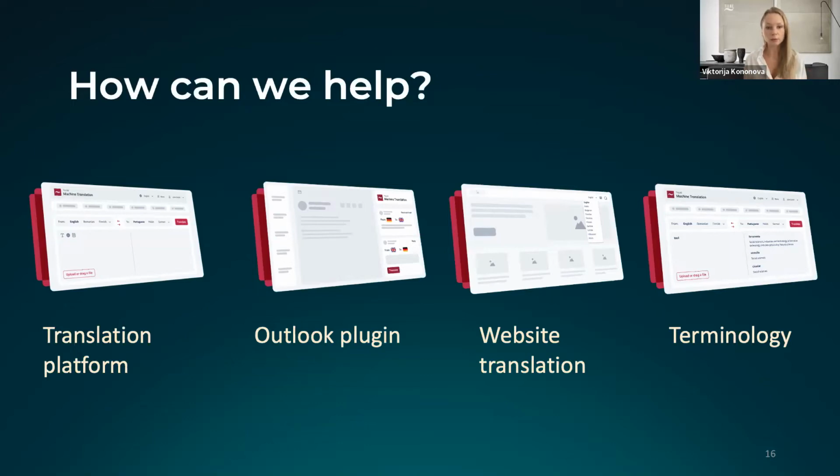On the same platform, you would have access to communication tools, like, for example, an Outlook plugin, exchanging emails with anybody in the organization in different countries, exchanging emails with clinical trial participants. So you would exchange those emails in the respective native languages of both parties, but also in the safe and secure space where your data would not leak. Through the same platform, for convenience's sake, you would also have access to the website translator. So you would just be able to maintain and check and edit your website using the same platform, just clicking on a button there. I'll demonstrate it later.